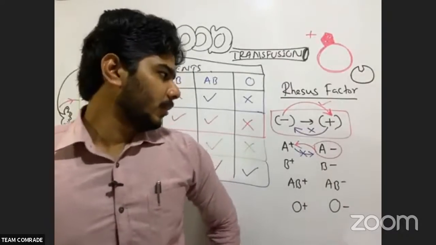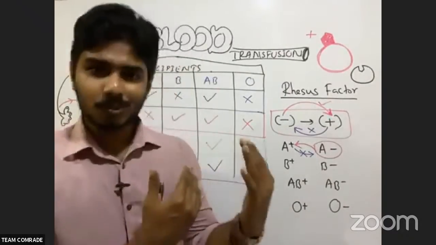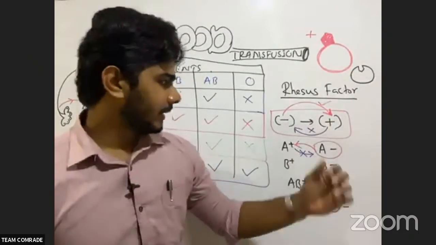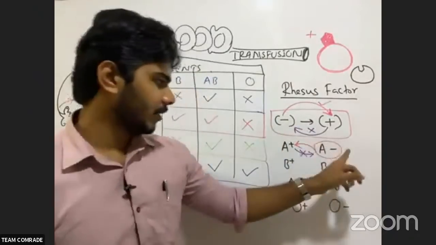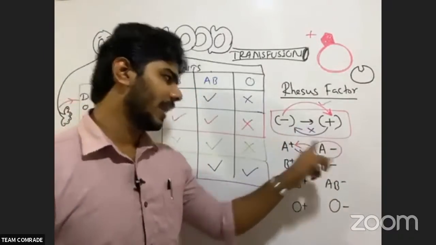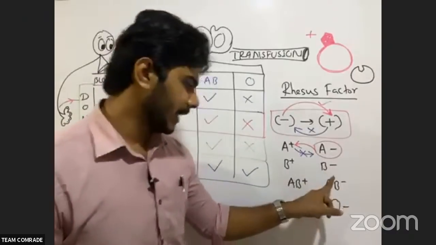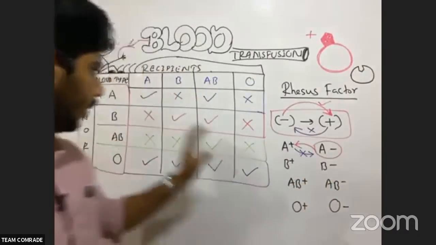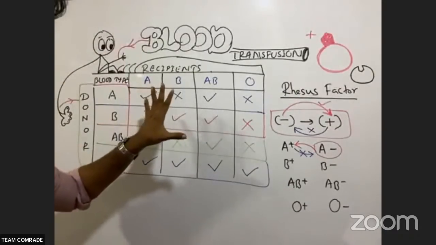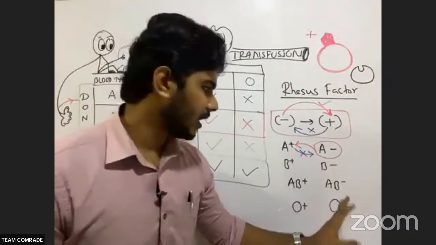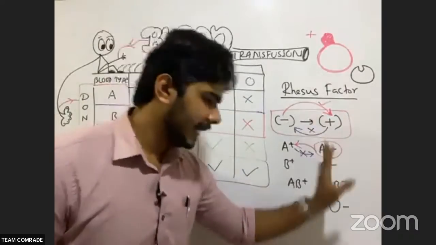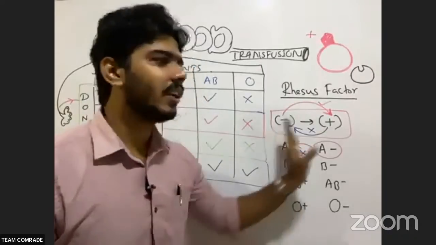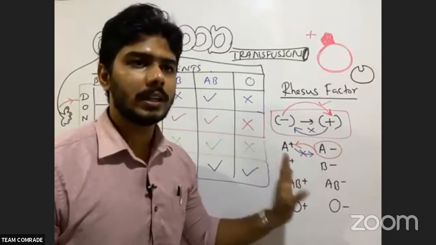Okay, now you see here. If you want, you can go through several YouTube videos, and Google and several books are there. So negative bloods we can give to anyone. A minus we can give to A positive as well as to A negatives. B minus we can give to B positive as well as to B negatives. According to this table only, everything is happening. The only difference is negatives can give to negatives as well as to positives. But positives can't give to negatives. Positives can give only to positives.